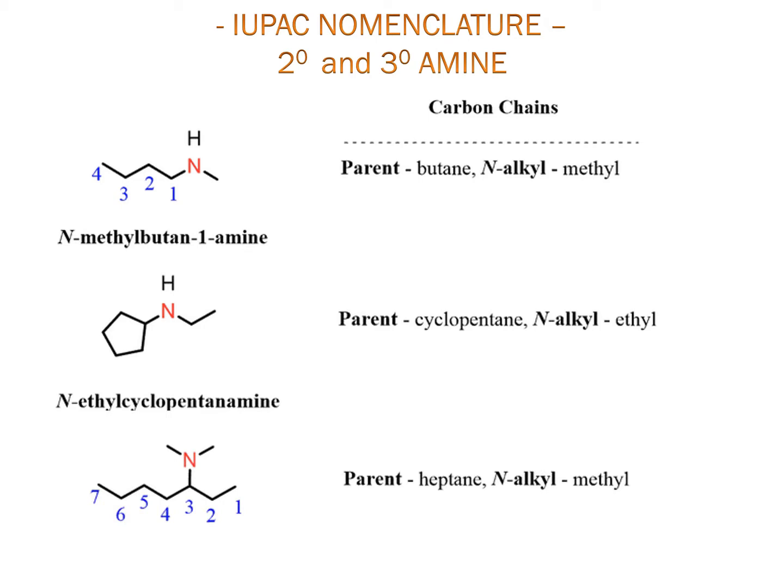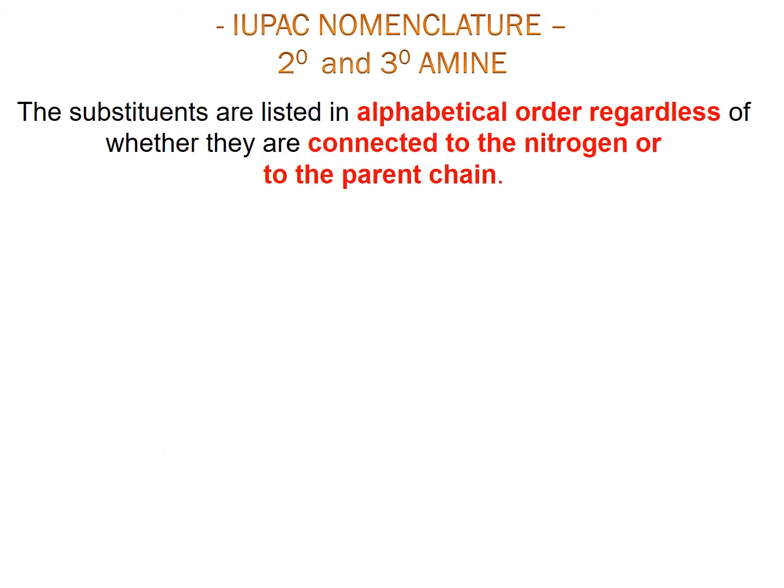Next example, the parent chain is heptane and the alkyl is methyl, and the full name is N,N-dimethyl heptan-3-amine or N,N-dimethyl 3-heptanamine. The substituents are listed in alphabetical order regardless of whether they are connected to the nitrogen or to the parent chain. Example: